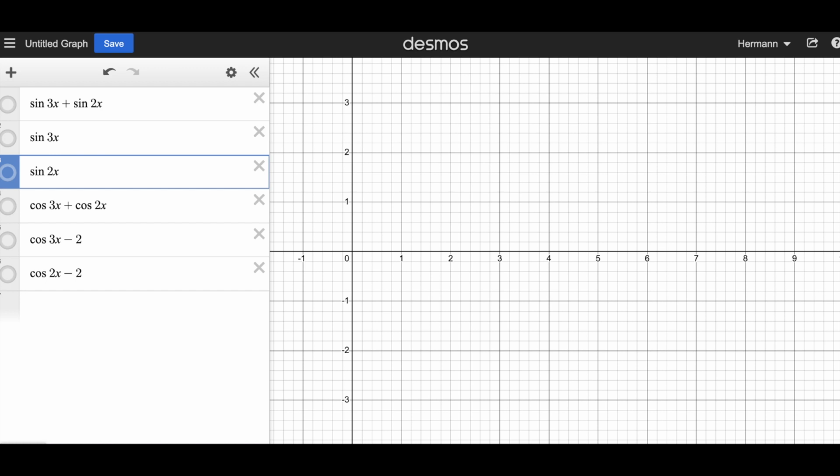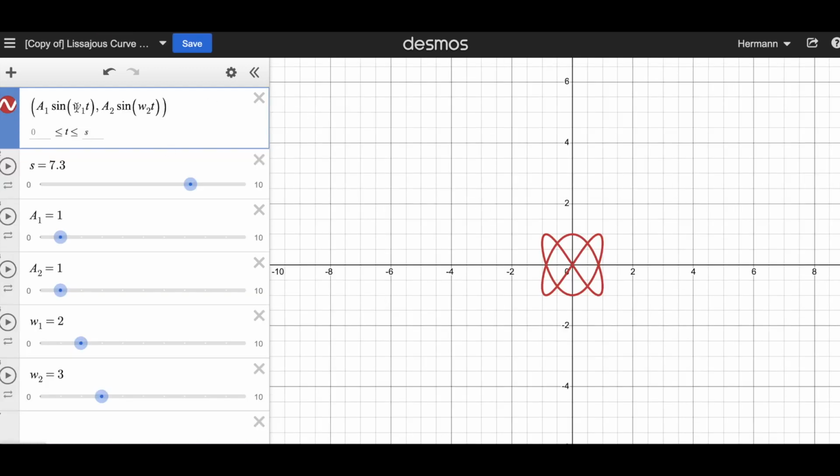So this gives us a little bit of an illustration as to why, when we try to replicate the same shape with cosines, we get a different shape. Because remember, the x and y values of this curve are coming from these equations here. So if the relationship between these two points is different for sines and cosines, then we are going to get a different